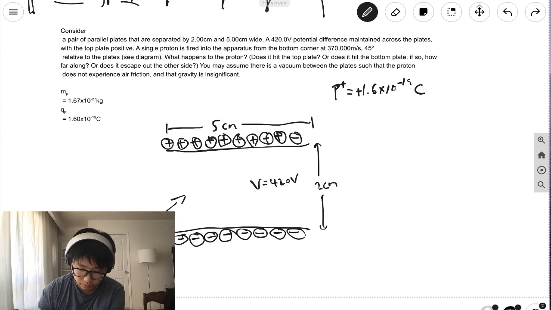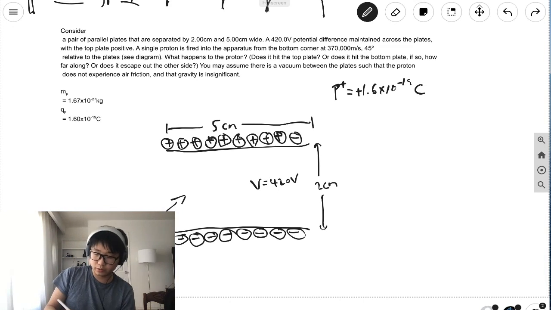Maybe though, we'll see. What happens to the proton? Does it hit the top plate, or does it hit the bottom plate? If so, how far along, or does it escape? Because there are a couple of scenarios, right? You can either have it